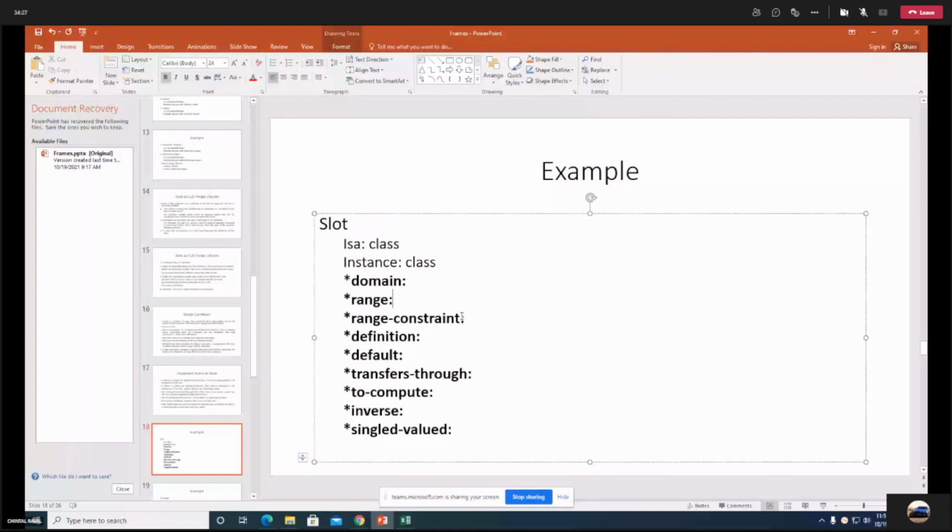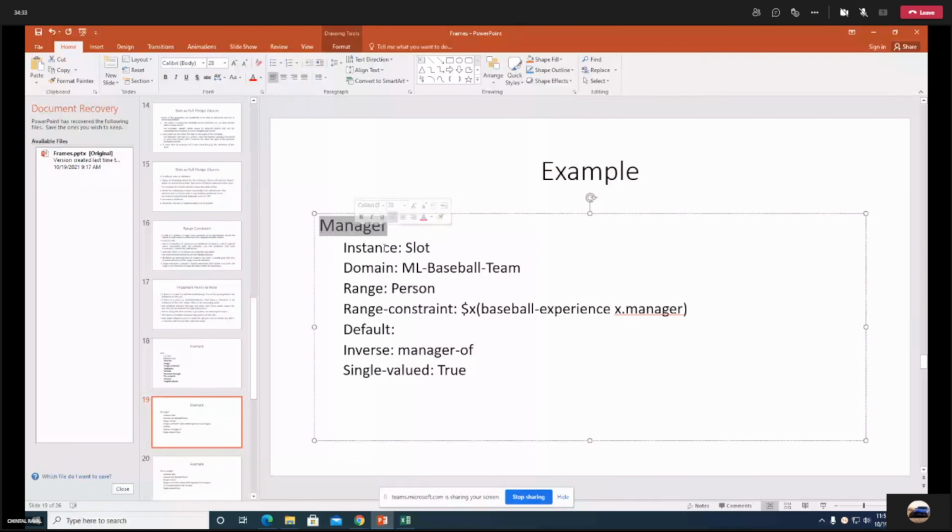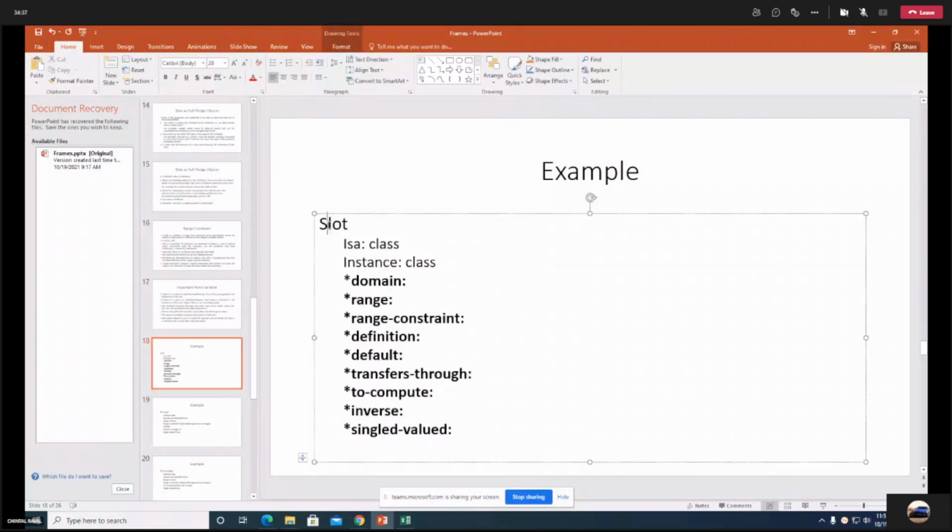For example, there is a frame named manager. It is an instance of this particular slot. Now it is better to call it a slot, as we are making modifications to our frame, and it becomes a slot, or you can say a full-fledged object.